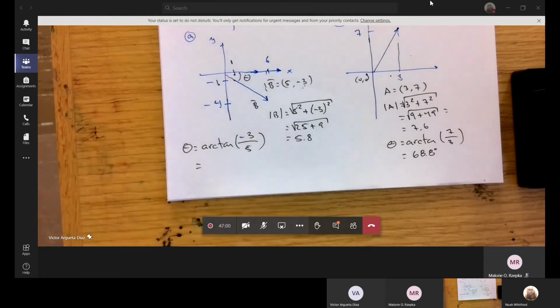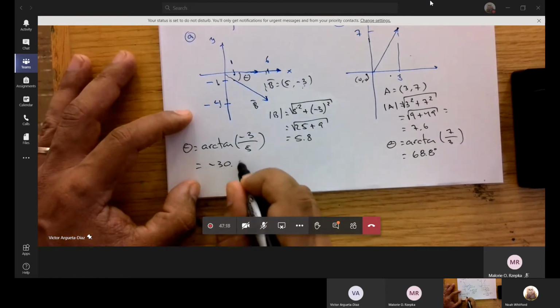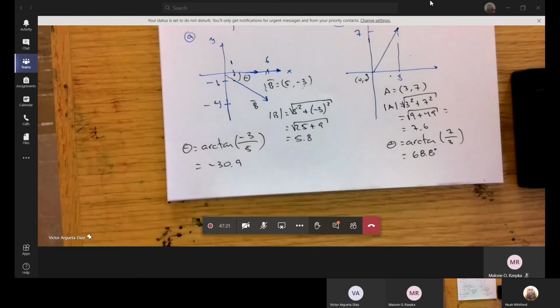So if you do it on your calculator, you get minus 30.9. And that negative 30.9 just basically says that it's below the x-axis. Okay. Now,